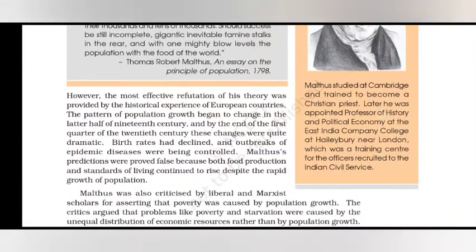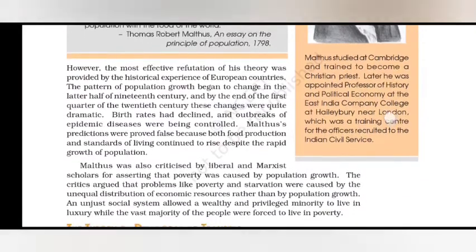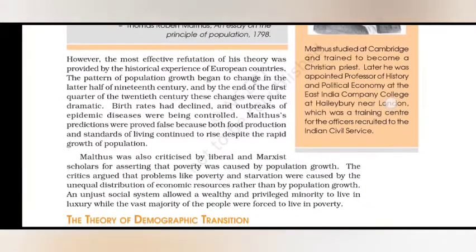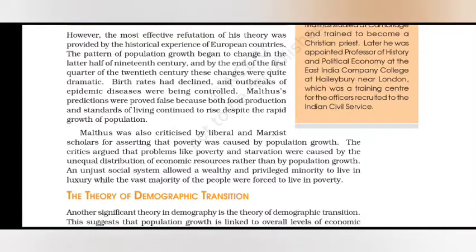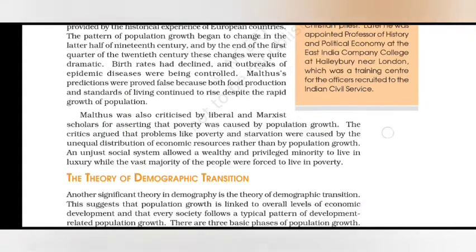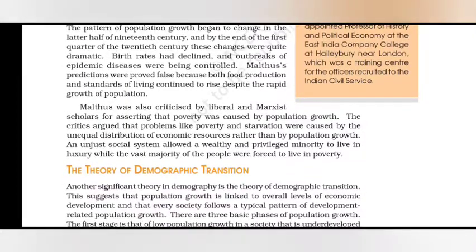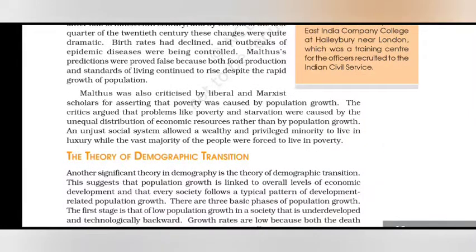However, the most effective refutation of this theory was provided by the historical experience of European countries. The pattern of population growth began to change in the latter half of the 19th century, and by the end of the first quarter of the 20th century, these changes were quite dramatic. Birth rates had declined, and outbreaks of epidemic diseases were being controlled. Malthus' predictions were proved false, because both food production and standards of living continued to rise despite the rapid growth